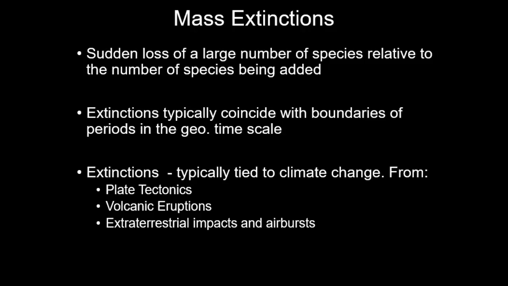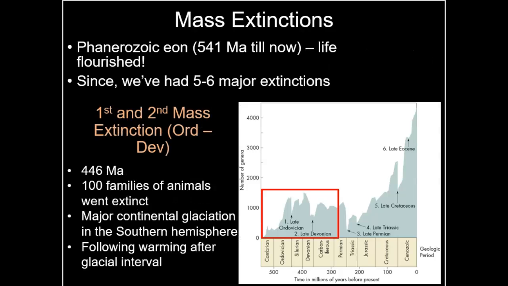So volcanic eruptions, depending on the type, can increase the temperatures or they can decrease them. So they have a two-way effect on our climate. And then finally, climate change is one of several effects of extraterrestrial impacts or airbursts that could contribute to extinctions. And we'll look at how they contribute to extinctions through impacts and airbursts as we look at the case studies of a couple of mass extinctions.